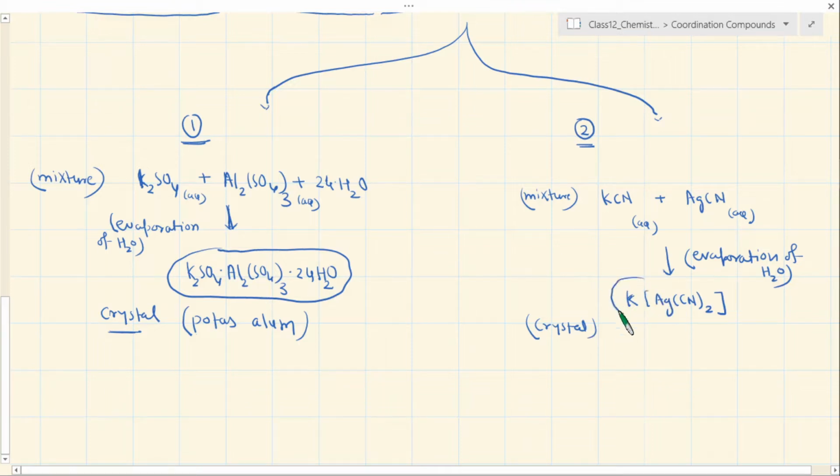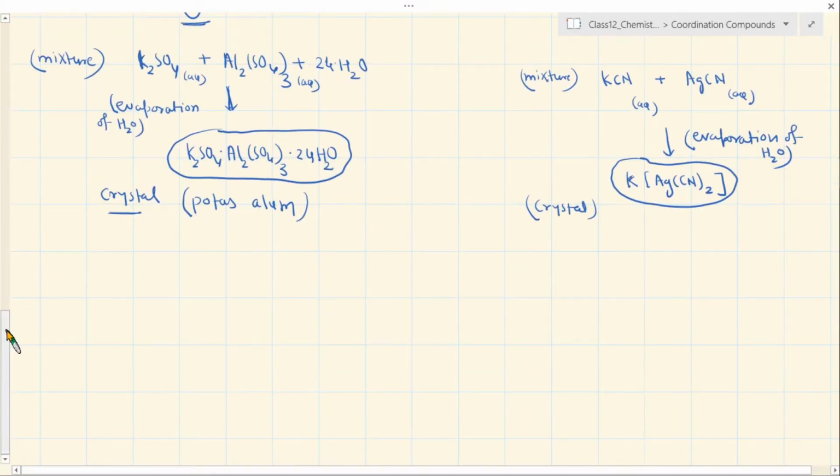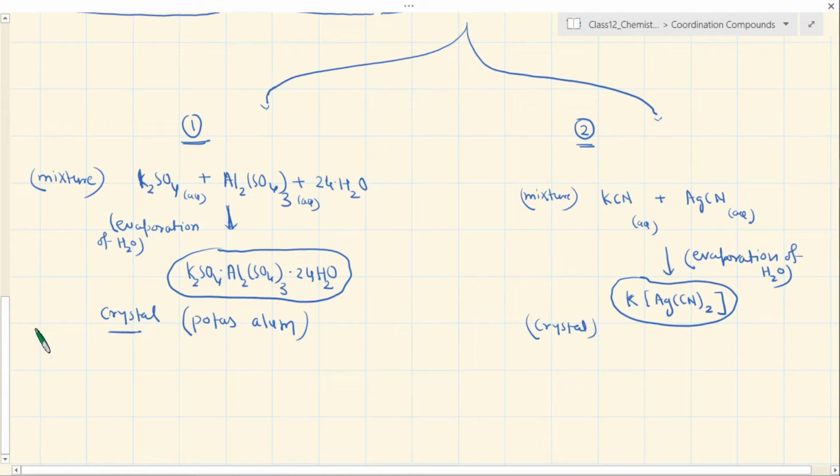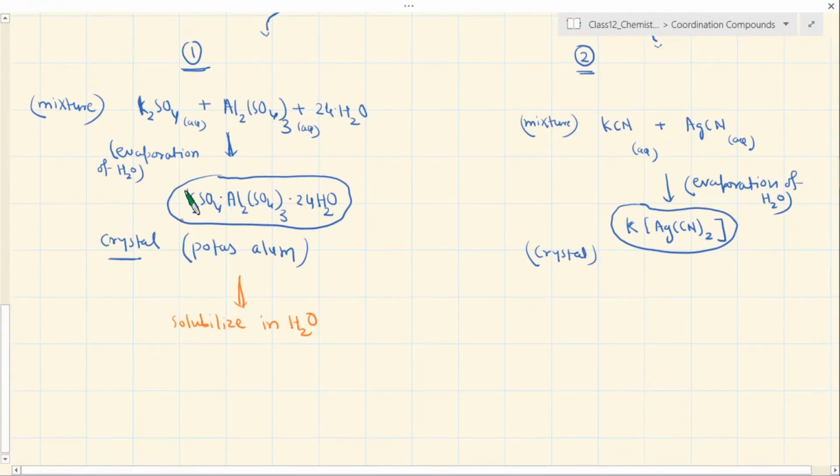What is the difference between this and this? The difference arises if you explore the properties. Suppose you take alum again in a beaker and put it in water, or let's say solubilize it in water, then you get all the ions separated. Remember, in the original solution also, when you say aqueous solution of potassium sulfate, you have ions of potassium and sulfate. In the aqueous solution of aluminum sulfate, you have ions of aluminum and sulfate, right? It's not the substance by itself, but you have ions which are solubilized, right?